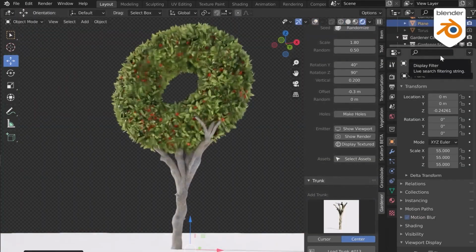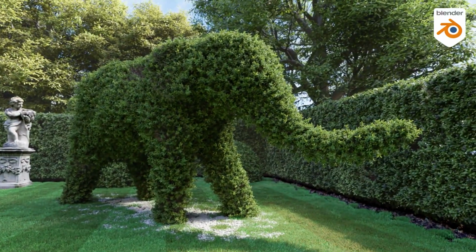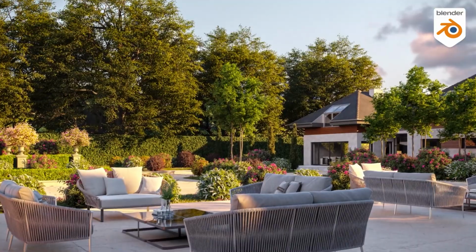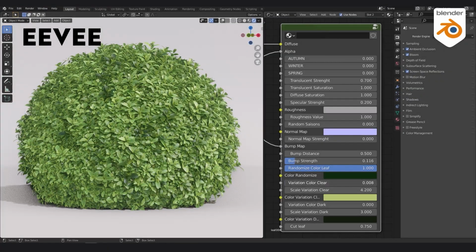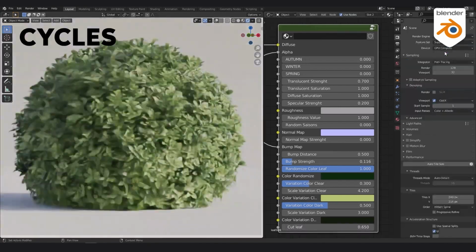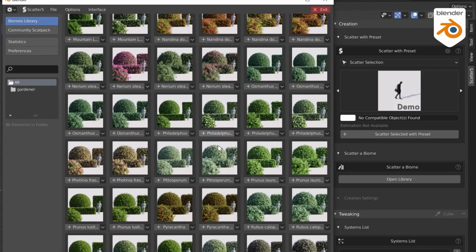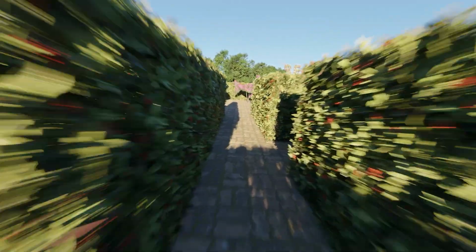And of course, similar to the other add-ons on the list, it is very easy to install and use. It has a great interface and highly realistic 3D models for those close-up shots. It also comes with a large library of trunks that you can add to your shrubs, hedges, or bushes. And before you forget, the shaders and materials are also highly customizable, and they are totally compatible with both Cycles and Eevee. And the add-on, of course, is compatible with Geoscatter, and you can easily customize the existing biomes or create some of your own. So if you are in need of some garden assets in your future projects, this add-on can be the